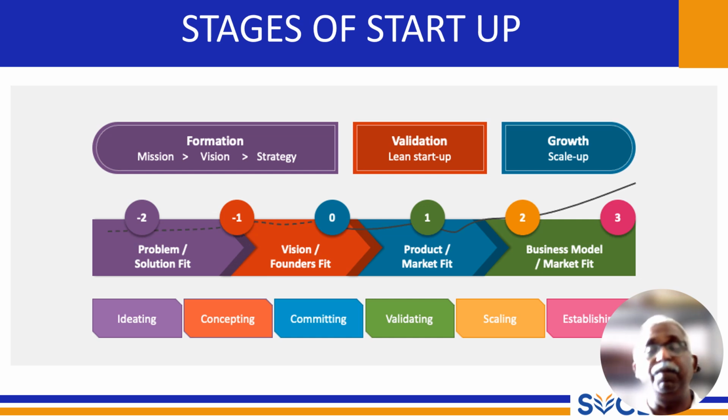End of the market fit, before the business, we reach the end of the business model, which we call 3. That's why we call it a young company. Startup means, again and again I am telling, young company. So there are 6 stages at the bottom level. In the middle stage we define 6 stages from -2, -1, 0, 1, 2, 3. Again at the top level, we will have only 3 stages: formation, validation, growth.